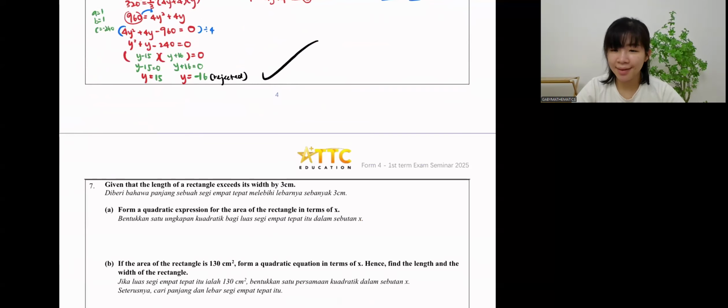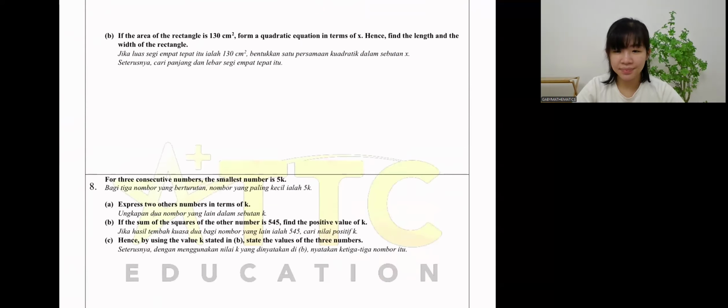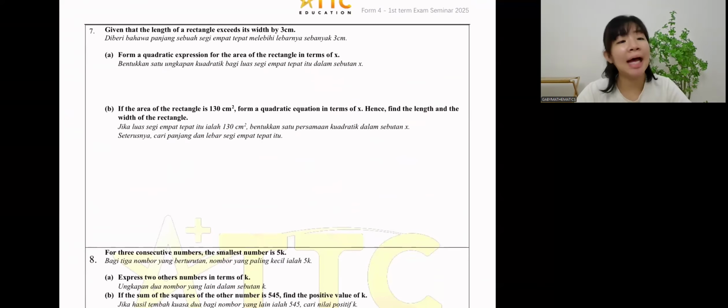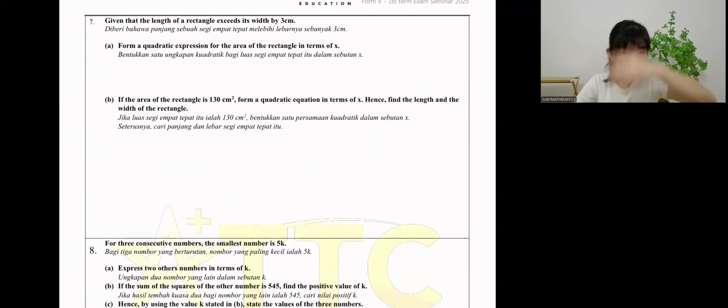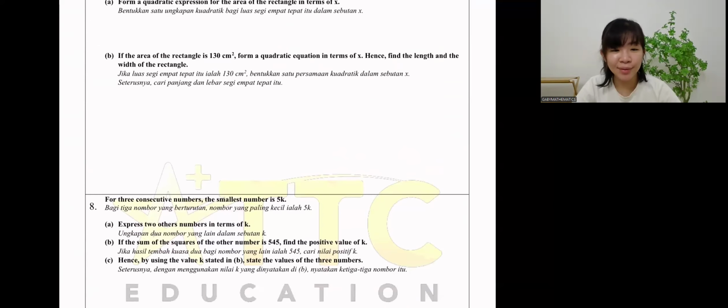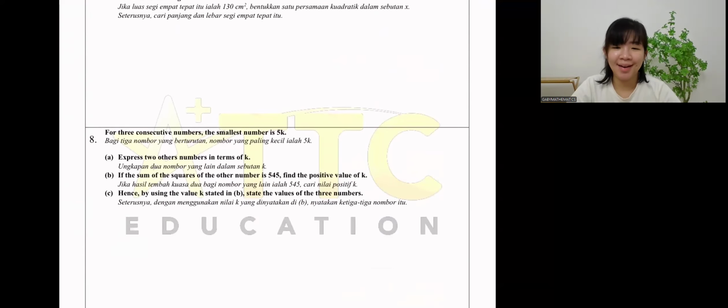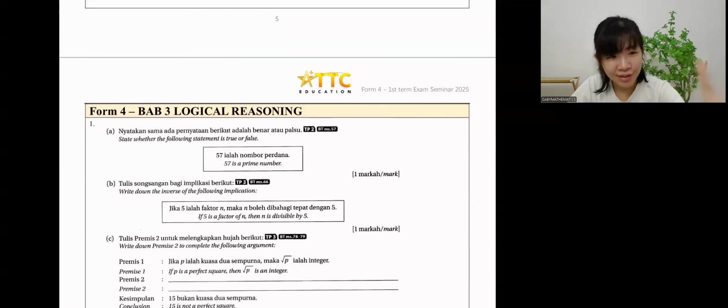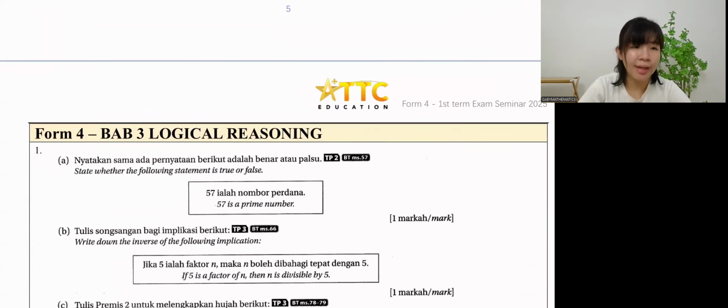Come on, everybody tell. Now it's like 50-50. Okay, we do next topic. These 2 questions, the answer will be given. Don't worry, guys, the whole set of paper. Why? The next 2 questions, don't know how to do it. Okay, we look at the next one first. You all decide, but 3: logical reasoning or straight line y equals mx plus c. Because it's your exam, you decide.